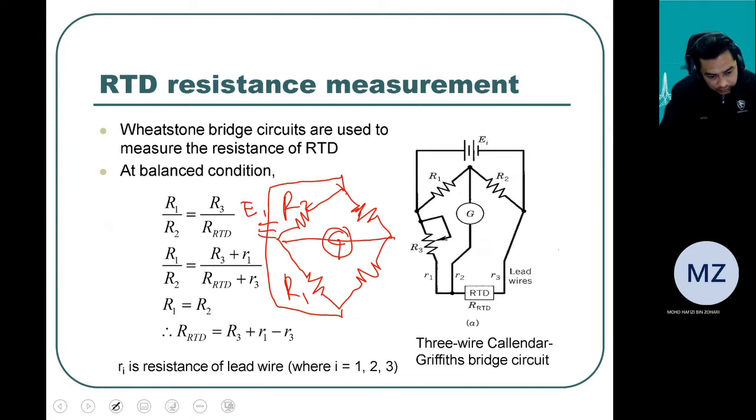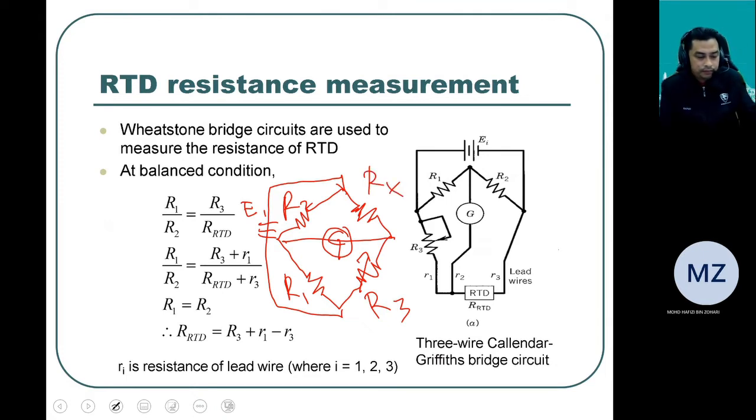Yeah. So here is the R3. Okay, this is a variable, big variable, and then this one the Rx or RRTD. Okay. So if you look at this, if I redraw this one, so we will see that